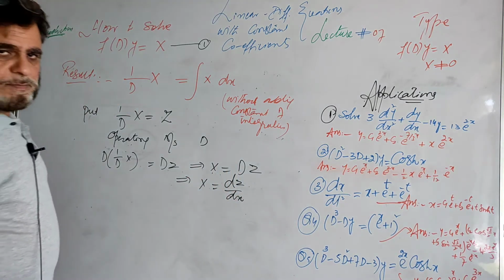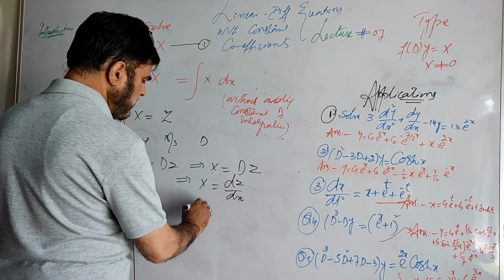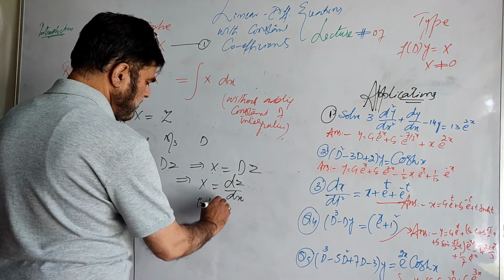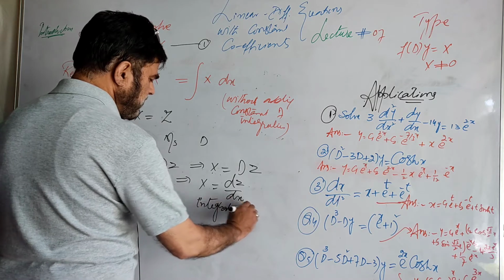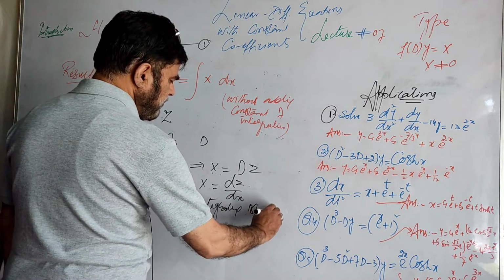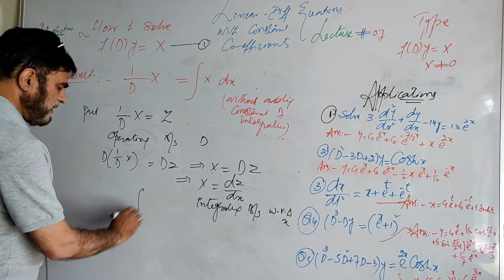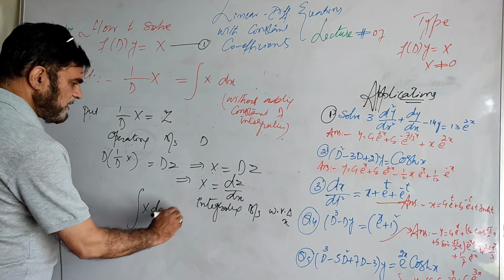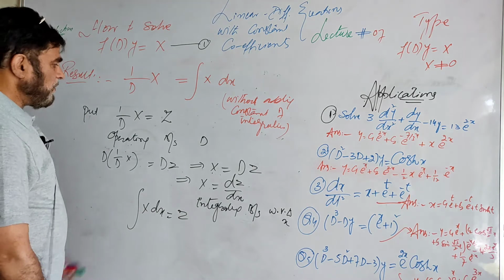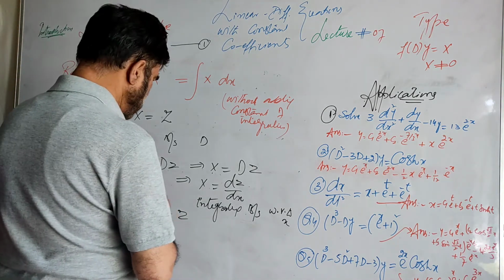If you integrate both sides with respect to x, it gives you the integral of X dx is nothing but z. What was your z? It was this. Therefore you have proved